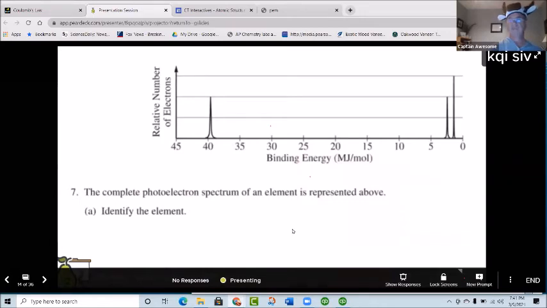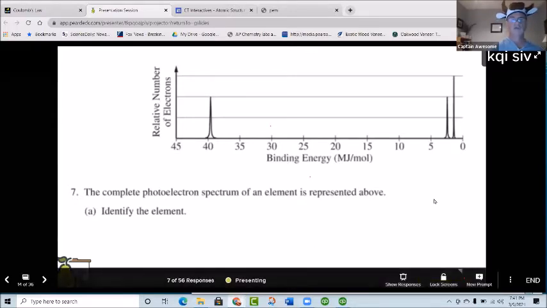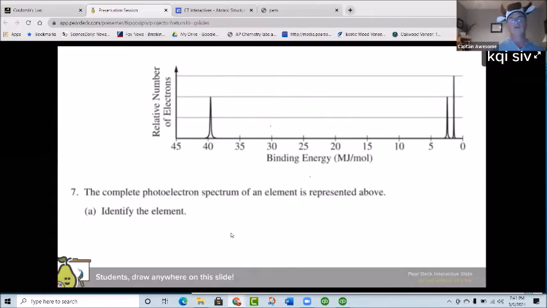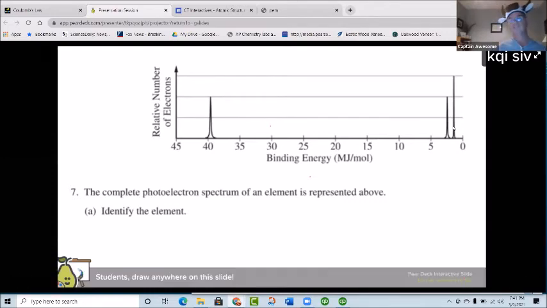So here is a PES spectrum, and let's see if you can identify who you think this element may be. Just look at this and look at the periodic table and think, what element might this particular spectrum be? You can identify the elements, but also since you're able to draw on this one, if you could draw what the peaks are. So here at 40, is that the 1s or the 2s? And over here on these two peaks on the right, if you could just draw what electrons you think those stand for.